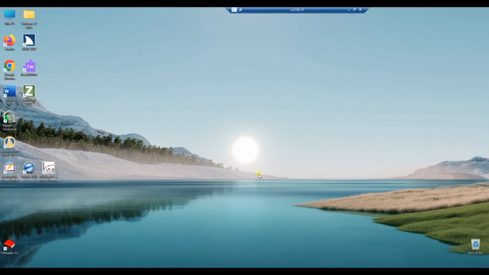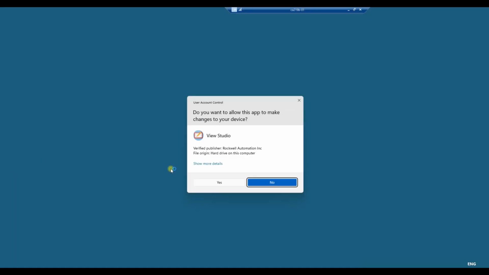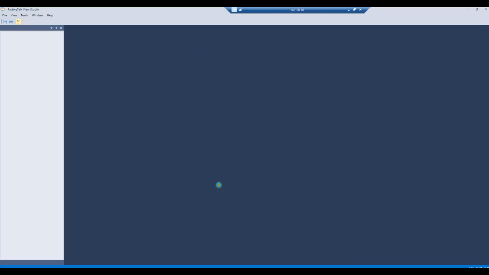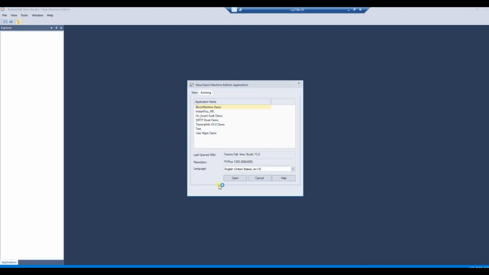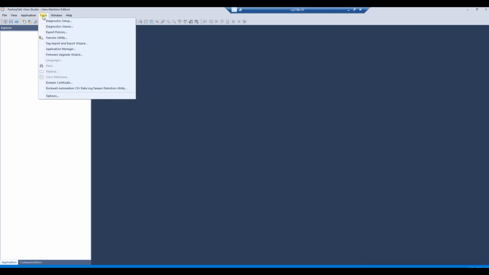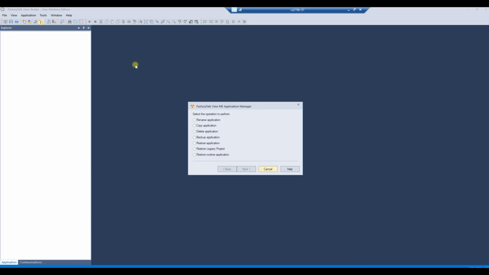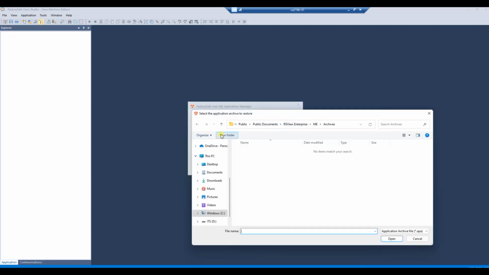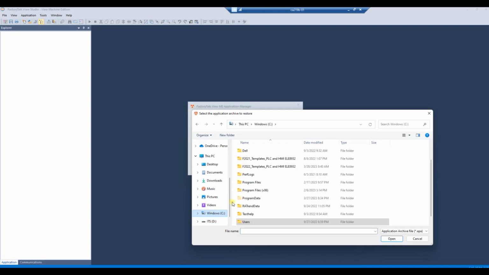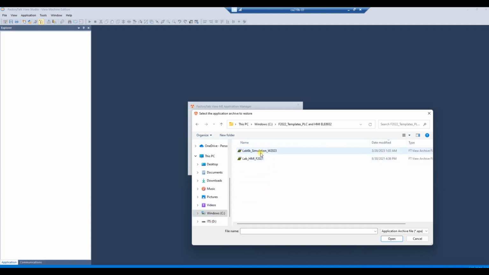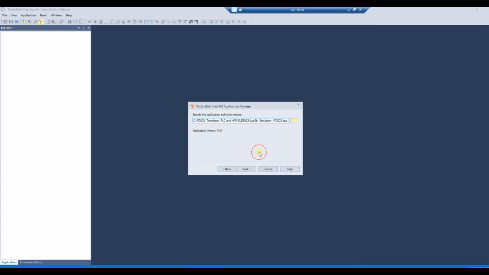Okay, the next step is to run Factory Talk View Studio. There's an icon on the desktop here, so just double click on that. Say yes, and View Studio opens after a few seconds. We're going to exit from this screen, cancel, go to Tools, Application Manager, and then click Restore Application. What this will do is allow us to get a particular application saved on the hard disk. In this case, it's in this directory, and it's called Lab6bSimulation. So double click on this, and here we click on Next,